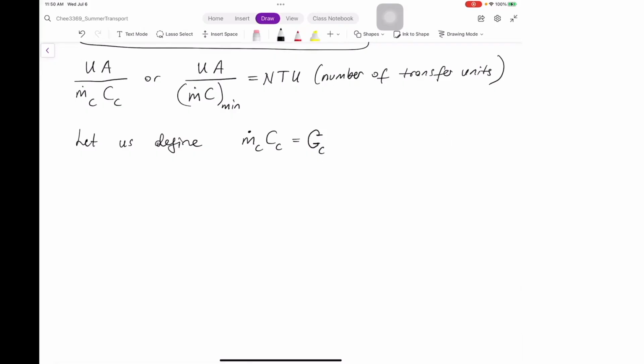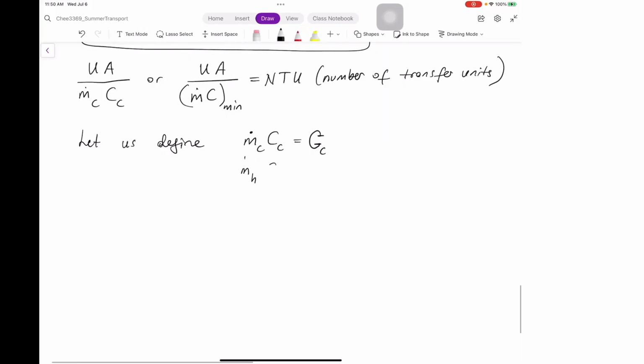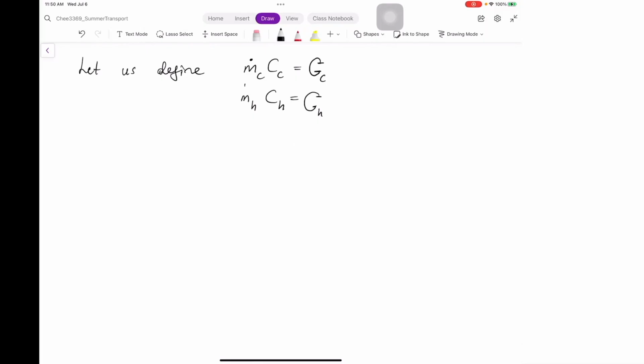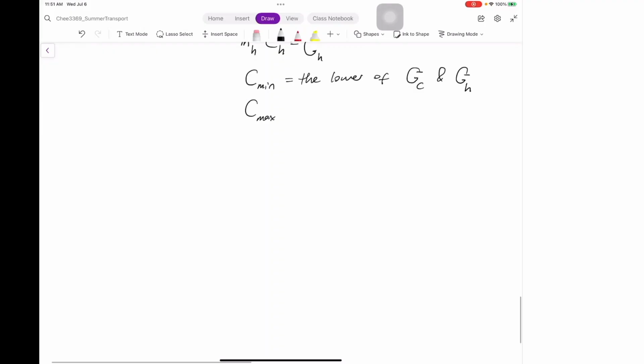It's just a letter that I made up. M dot_hot C_hot, let's call it C_hot, okay? And C_min is the lower of C_C and C_hot, and the C_max is the higher of C_C and C_H,